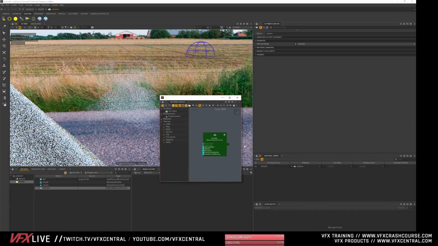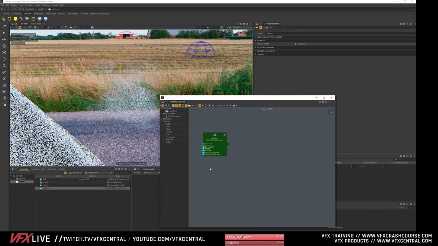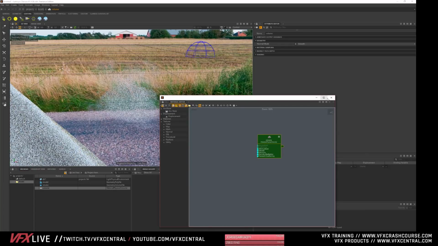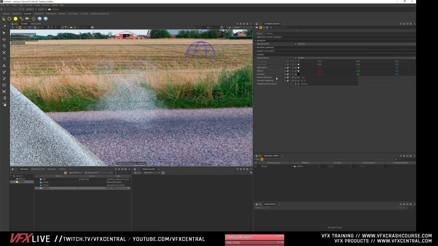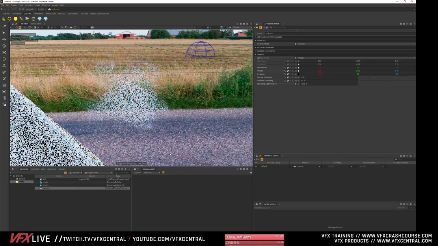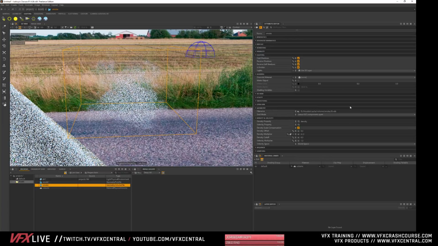and now we can see we have this volume shader. And the other cool thing about Clarisse is it has a really, really nice node graph editor, which is super fun to use, and you have tons of control. Or you can just go over here in the sidebar and mess with the sliders in here. There's so many different things I want to talk about, but I'll just keep going because there's so much to this thing. So I'm going to turn my density back up to default.